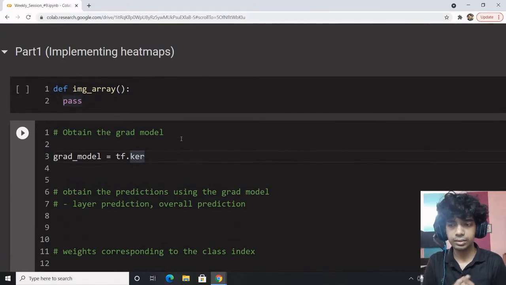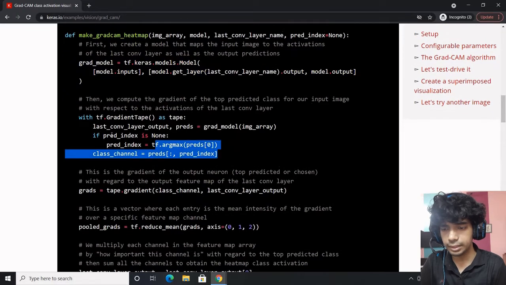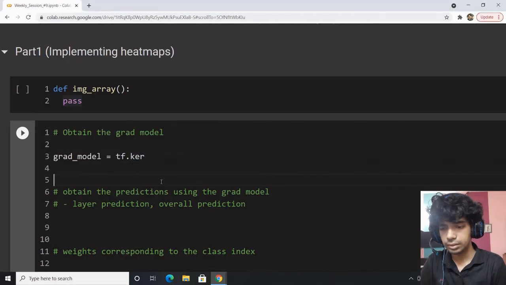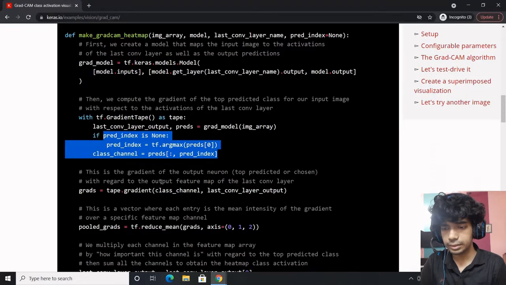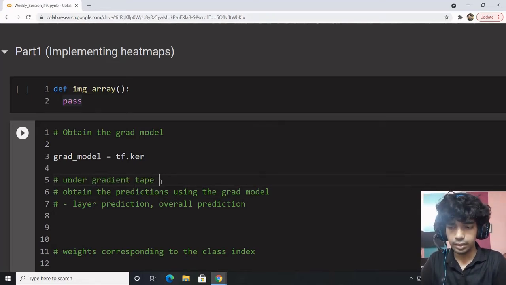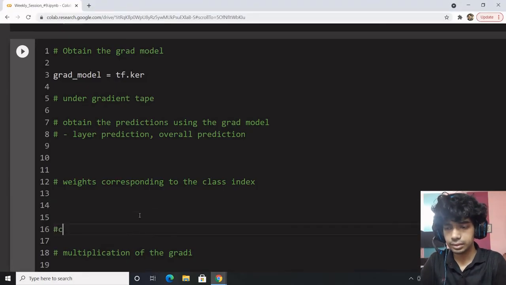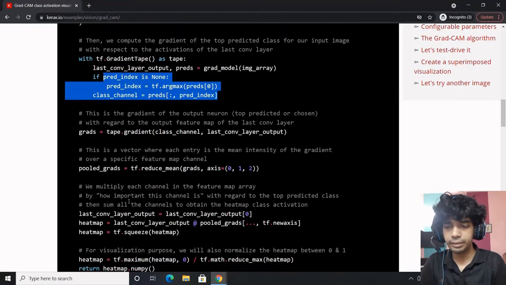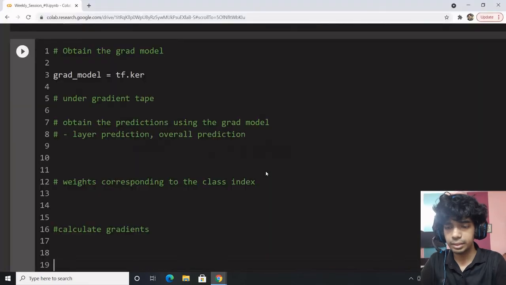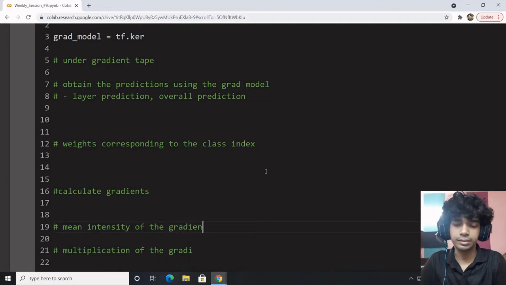The first part starts with obtaining the grad model. Let's take a look at how it is. You obtain the grad model, then we obtain the gradients: the channel class, and the predictions under gradient tape. Then you calculate gradients, then you average out the mean intensity of the gradients.